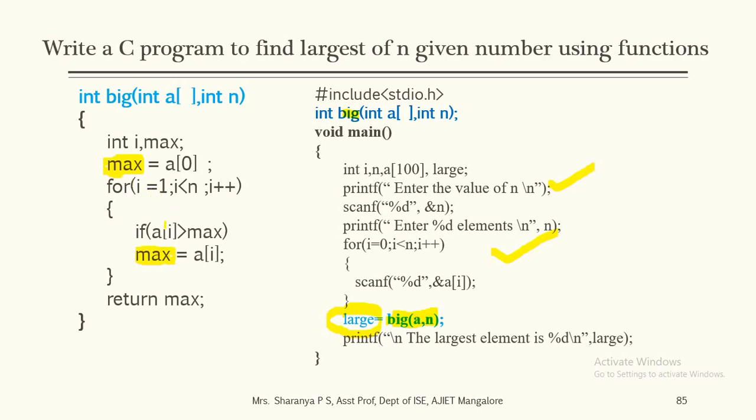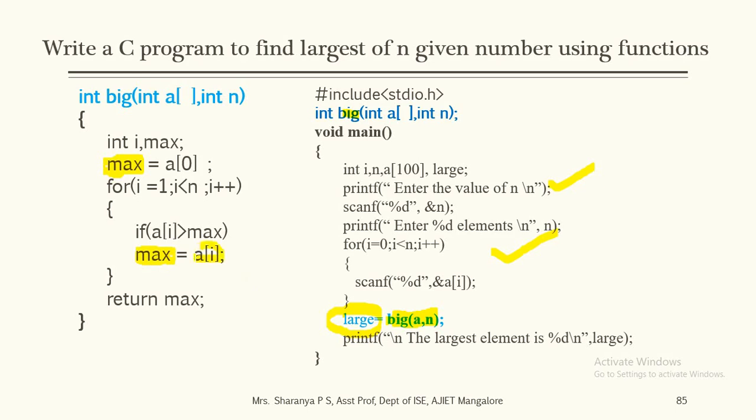So how the logic is written: i starting with 1, i less than n, i plus plus. And the condition here, if, is written because we have to check. Initially we have set max equal to a of 0, and for each element we need to check whether it is greater than max. If so, then we are setting max equal to